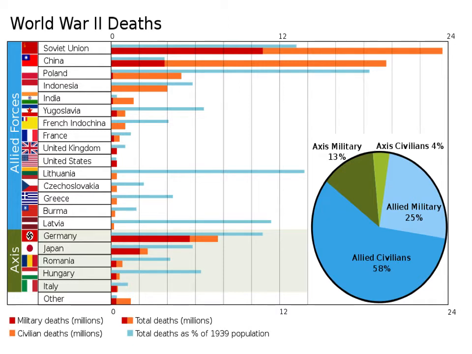On the Axis side, you see that German military casualties are huge. The estimates are that somewhere over 61 million people on the Allied side and 12 million people on the Axis side were killed between 1937 and 1945, for a total death statistic of 72 million people in World War II.